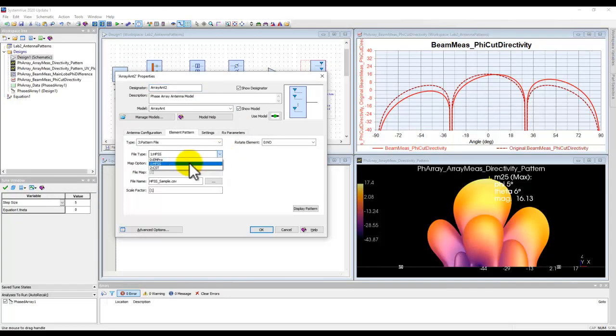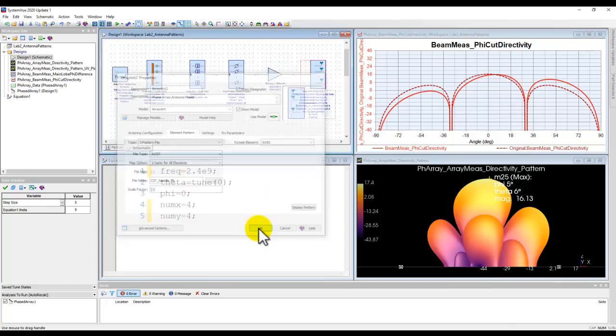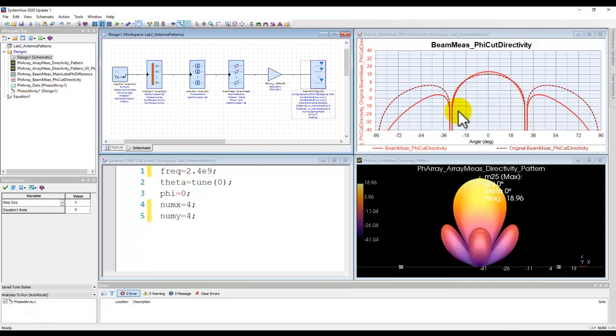All right, now let's go to CST and again use the same method. And in CST, the usual file extension is .ffs. And once you browse to that file, again, you can see it's a CST far field source file. And then you can look at the format, and it is exactly the same format as recommended in the documentation. All right, so once we use that file format, we just go ahead and run simulation. Now you can see the antenna radiation pattern is kind of completely different, and also the far field pattern looks quite different compared to HFSS and